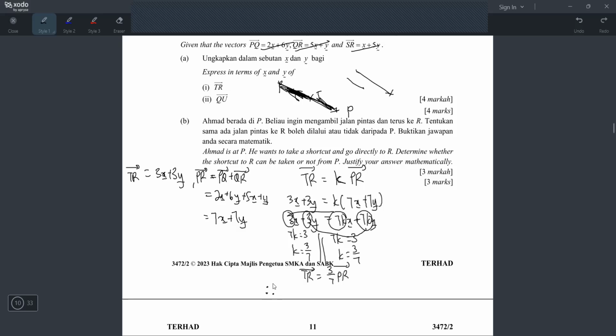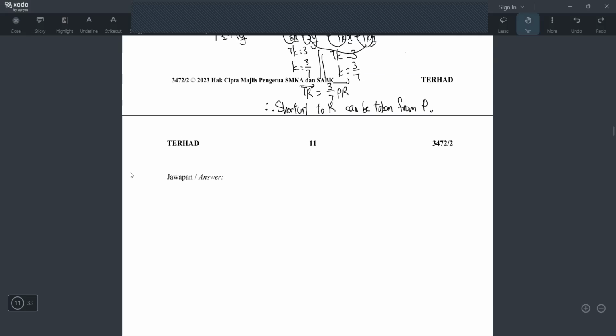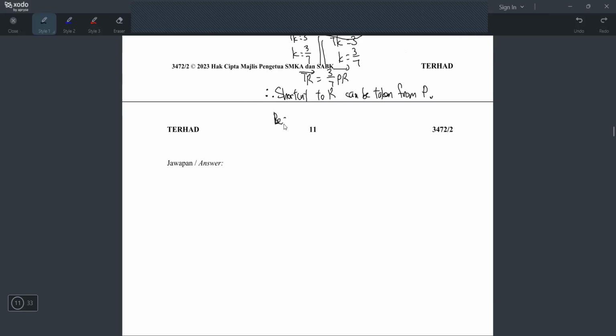Okay, wait, let me think how I should write it. The question says determine whether, justify your answer. So yeah, we can say shortcut to R can be taken from P. Because, right? Because the question says justify your answer, so we have to give a reason. So what's the reason here? Because